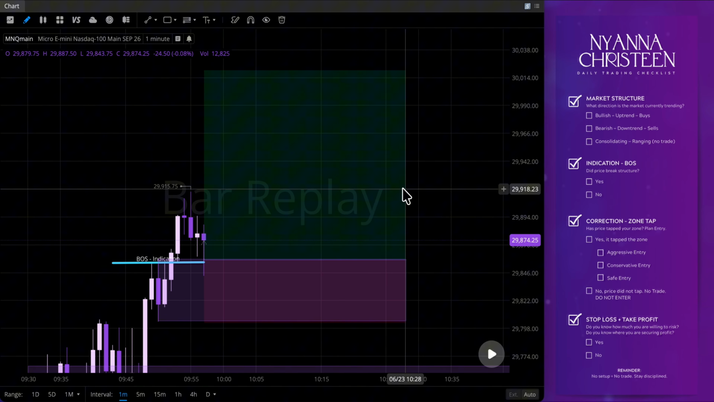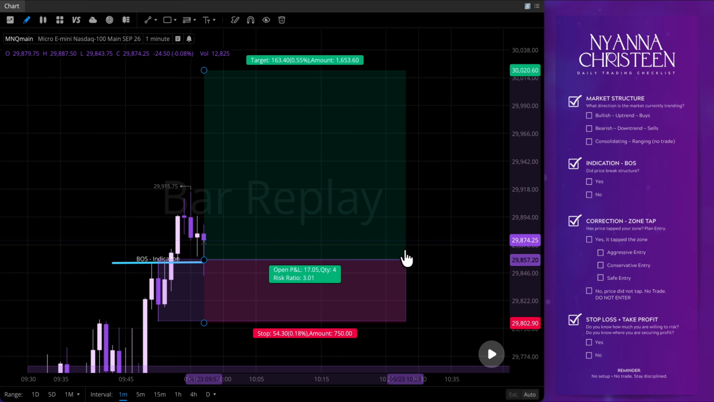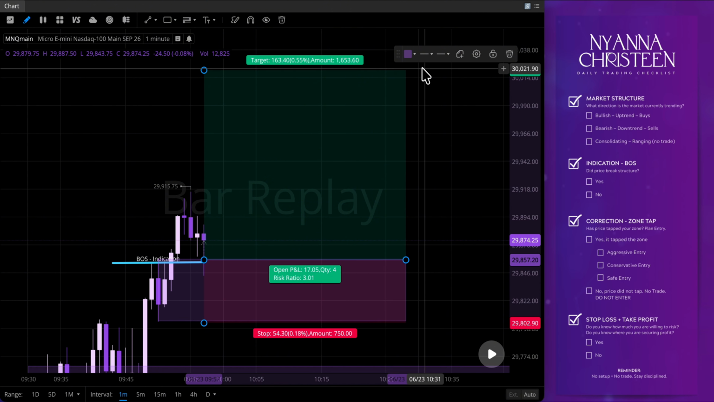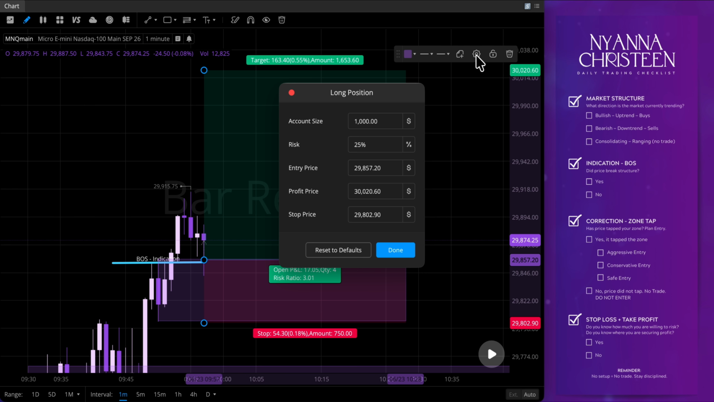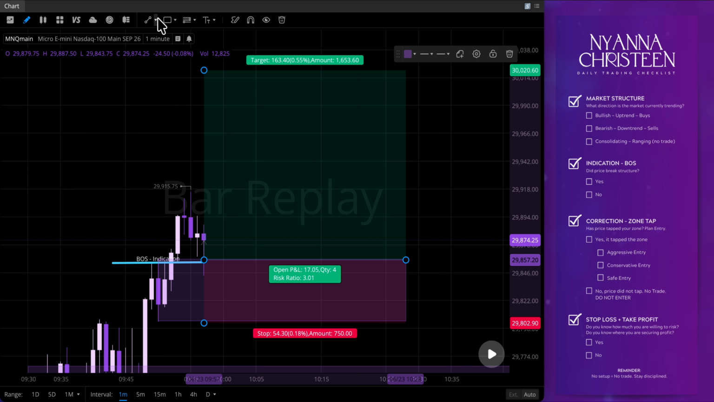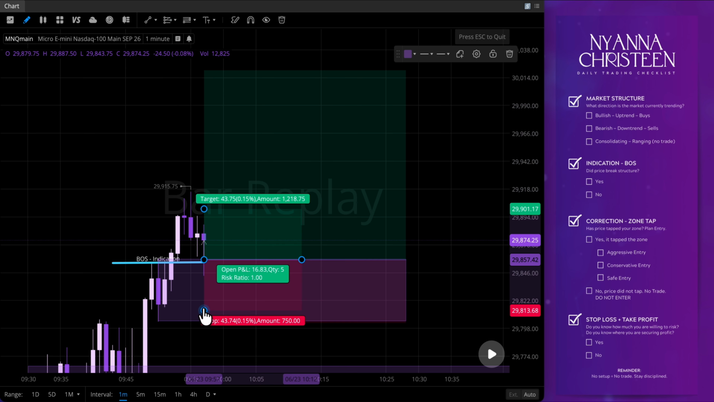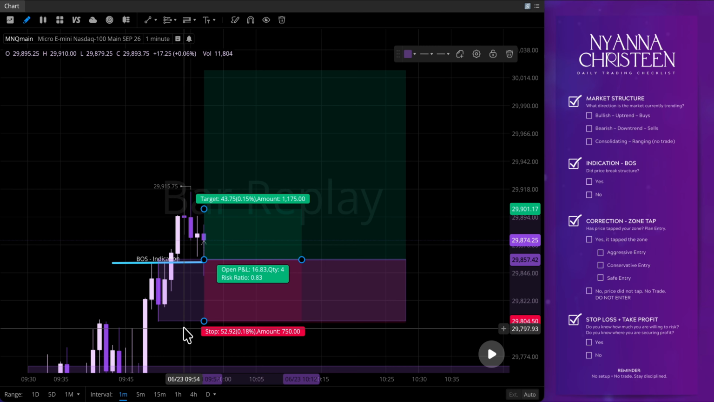A 1-to-1 would be right here. And for the sake of this video, actually, let's see if I can make it a lighter color. I probably can't. I don't think I can. So let me just put a new one. Okay, so we got in at the top. Our stop loss would be the bottom of this zone, and our 1-to-1 would be,